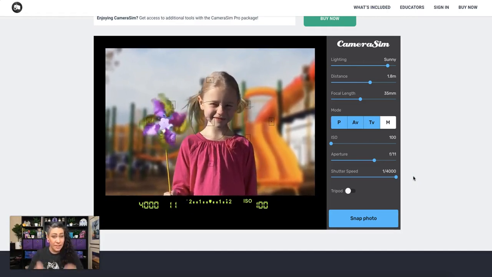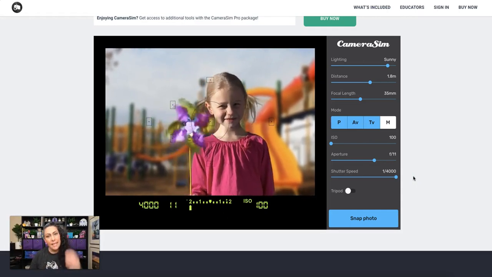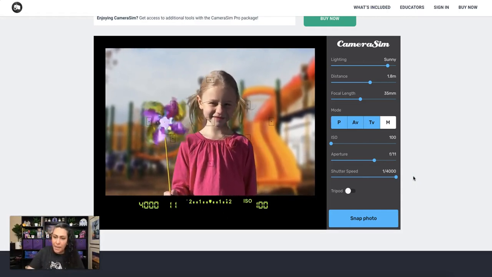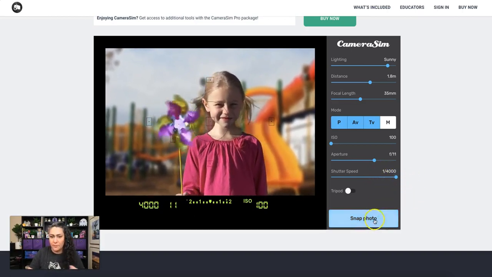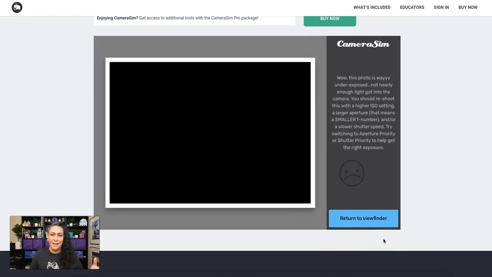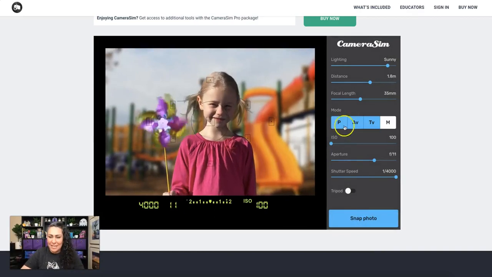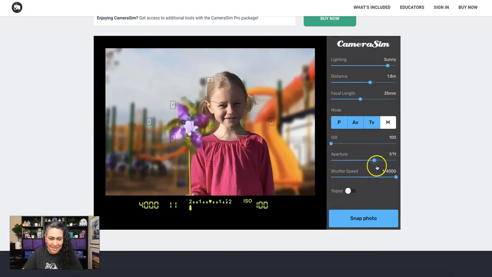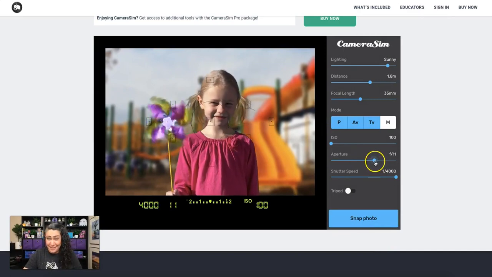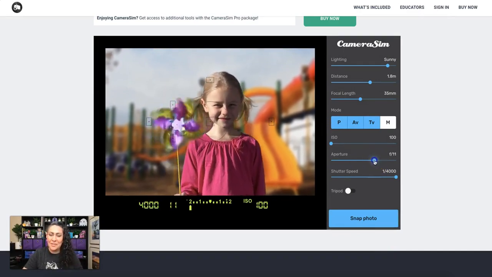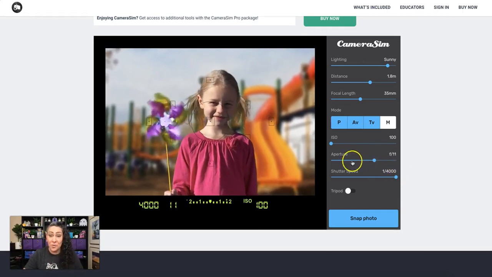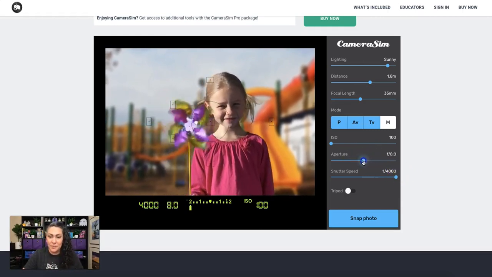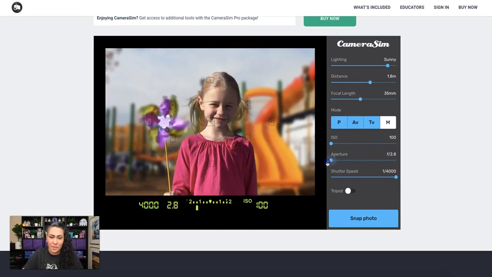Okay, if you said that it's going to freeze the motion, yes, it's going to freeze the motion, but I'm also letting less light in, so it's also going to make for a darker photo. Oh my God, it was so fast that hardly any light came in. Now, let me change something here. We're going to get into this even more in the next lecture, but if I am not letting in enough light to get a photo, I need to let in light another way, which is with my aperture. So I'm going to open up my aperture,